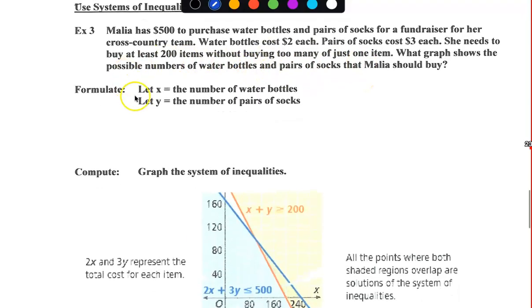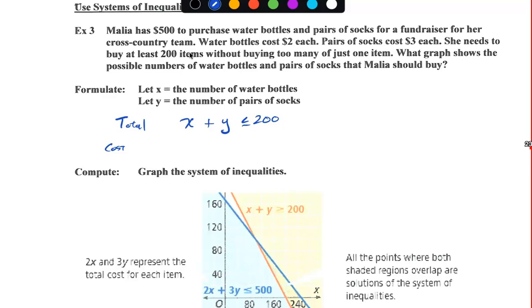Okay, so we're going to set up an equation here. So let x be the number of water bottles, and let y be the number of socks. So we have a total, and we have a cost equation. So total things you could buy, right, is 200 items. So our total is going to be x, which is water bottles, plus y has to be less than or